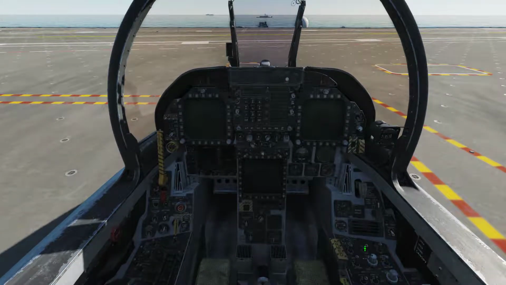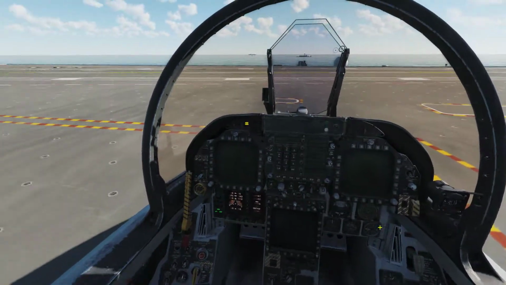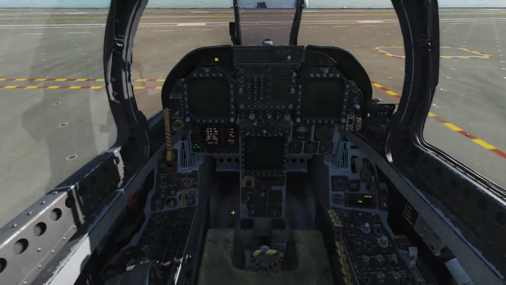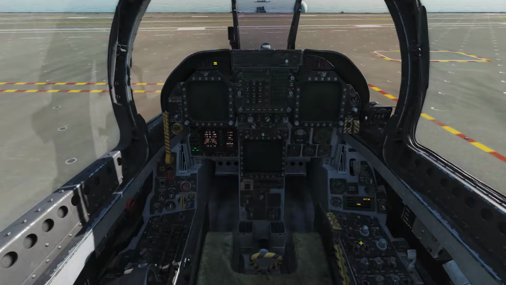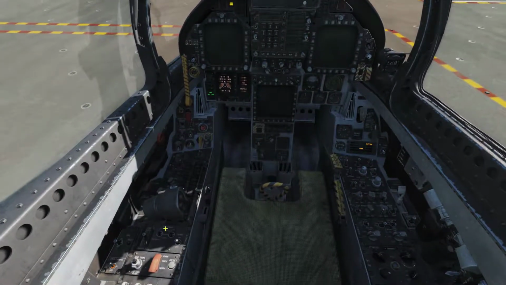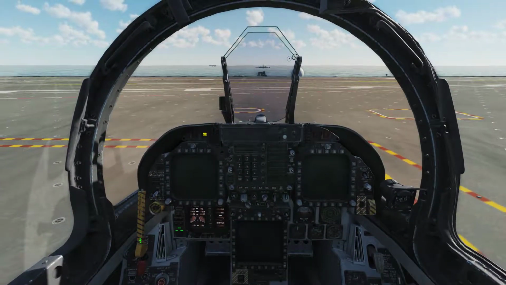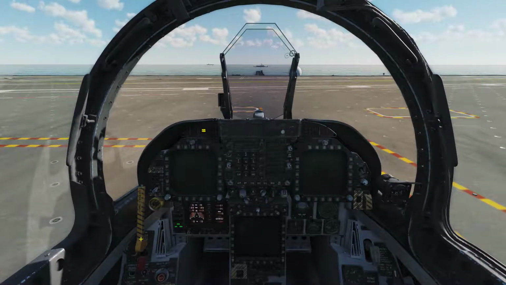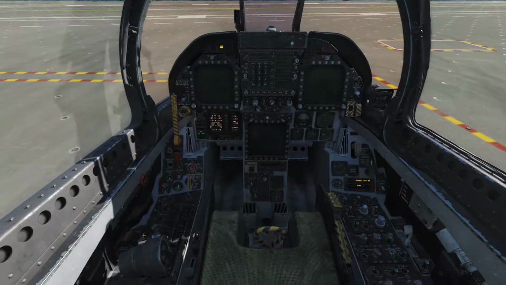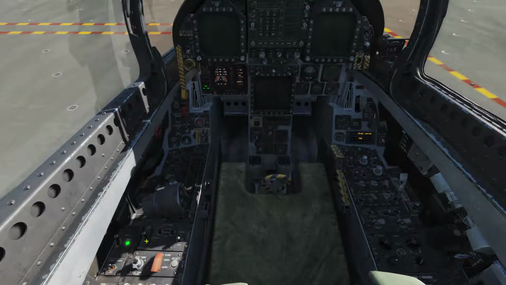Okay, so battery on. I'll close the canopy so it's a bit quieter. It might get a bit laggy from time to time just because this is multiplayer and it tends to do that for some reason. So APU on. This is the small little jet engine that powers all the electronic equipment and will also sort of jump start the engines. So now that's fully up and running,